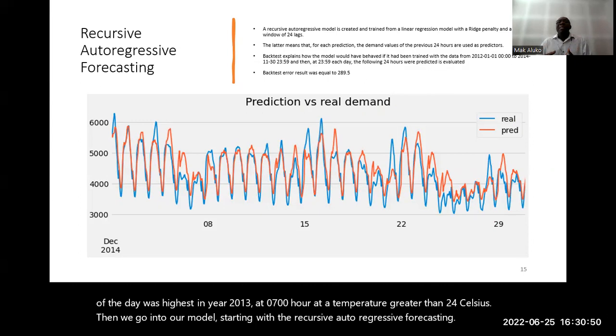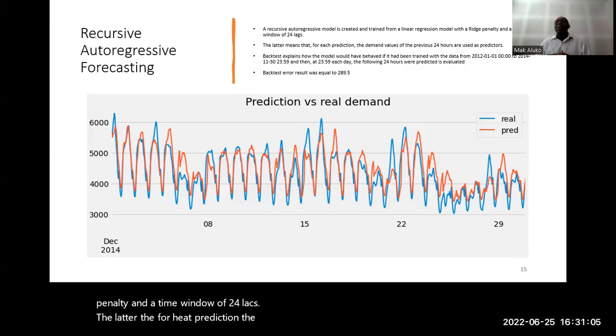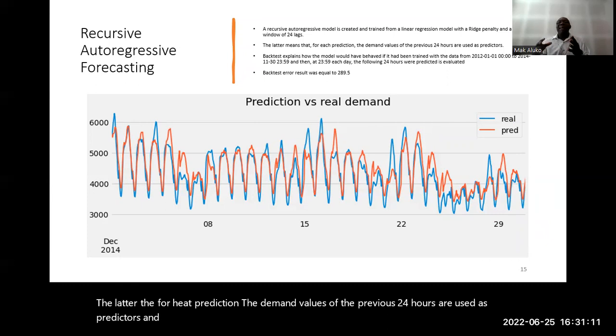The model is created and trained from a linear regression model with a ridge penalty and a time window of 24 lags. For each prediction, the demand values of the previous 24 hours are used as predictors. And the backtest error matrix explains how the model would have behaved if it had been trained with the data